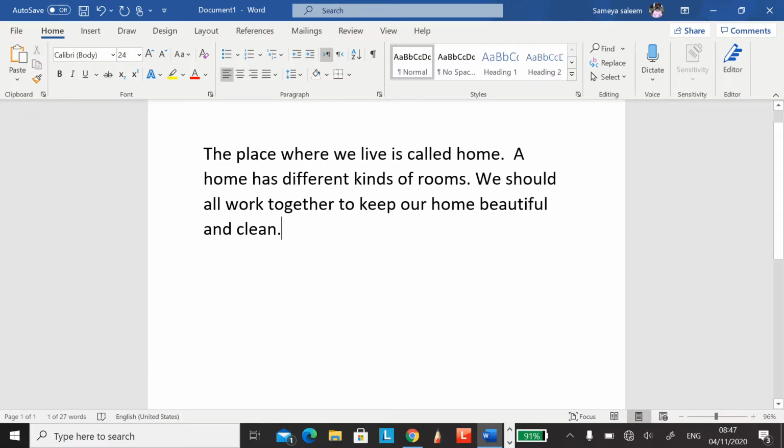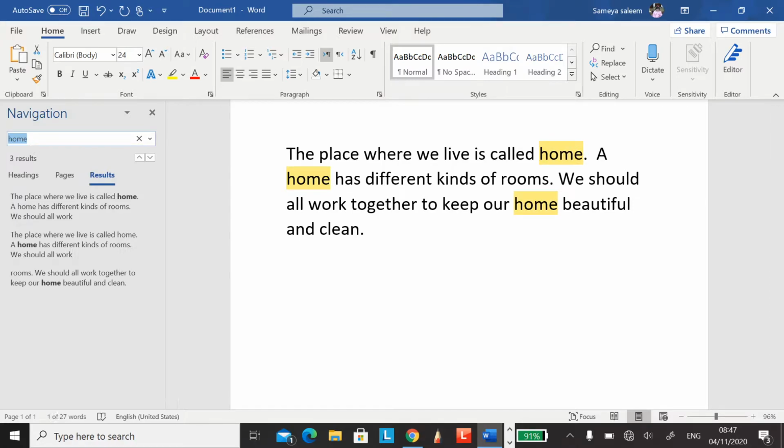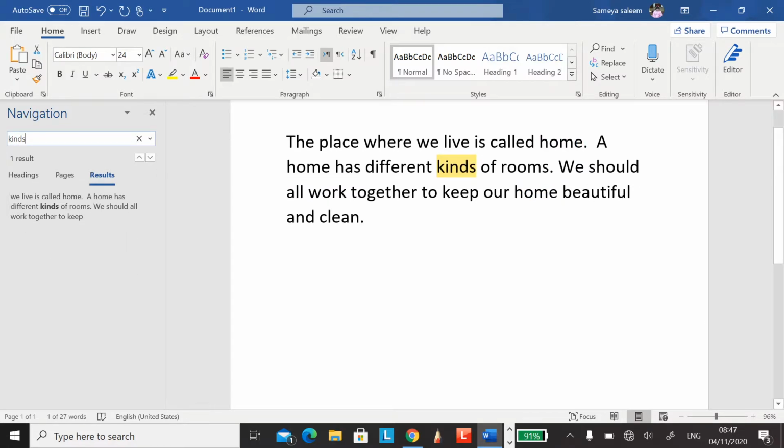Let me show you again. In our Home tab, editing group, click on find. Again, find. What are you looking for? If I want something else, like kinds, it will search for kinds.